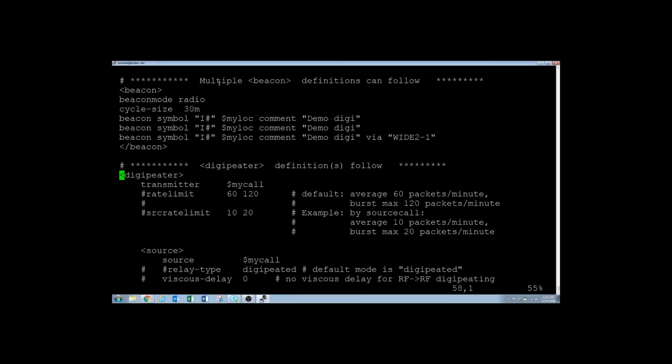blocks. So in the Digipeater block, the first thing you define is your transmitter, right? And so we're going to say transmitter is mycall, because we're a single port Digipeater. But if we set up multiple different Digipeaters, you can actually set up multiple different ported Digipeaters that are either cross-banded together or separate independent entities or whatever you want, all in the single instance of APRX running. In this case, mycall, this alias for W6KWF-14, is really the only one we got, so